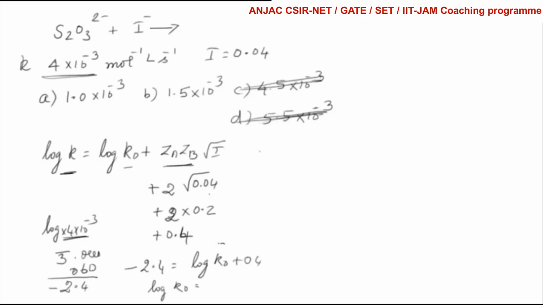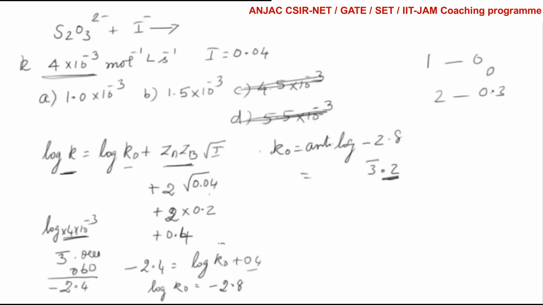So log K naught is equal to, bringing the 0.4 to the other side, minus 2.8. K naught is equal to the anti-log of minus 2.8. How would you take the anti-log? It is 3 bar 0.2. Take the anti-log of 0.2. What would be the answer? For 1 it is 0, for 2 it is 0.3. You have to take the anti-log of 0.2. Therefore your answer would be approximately